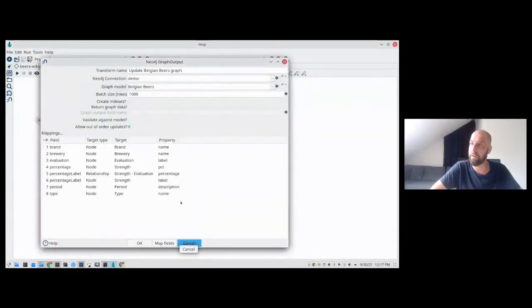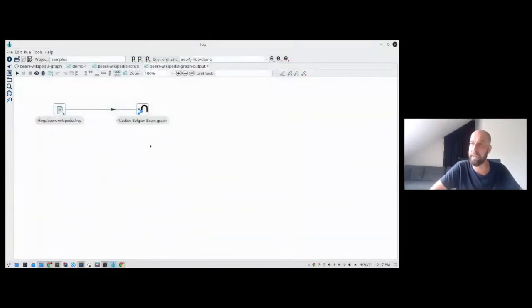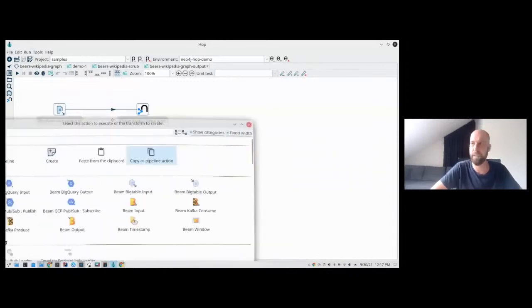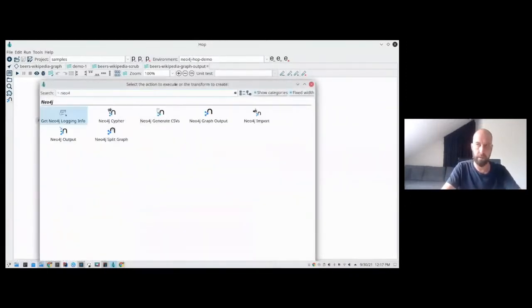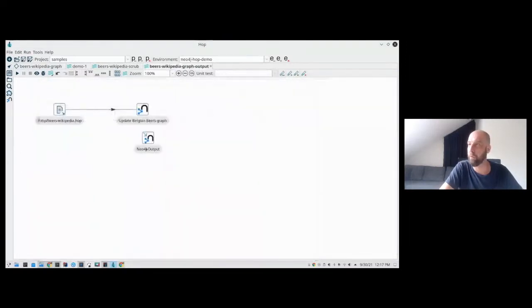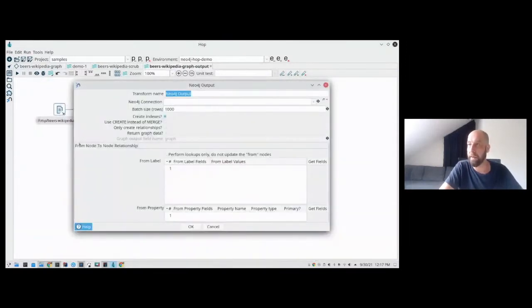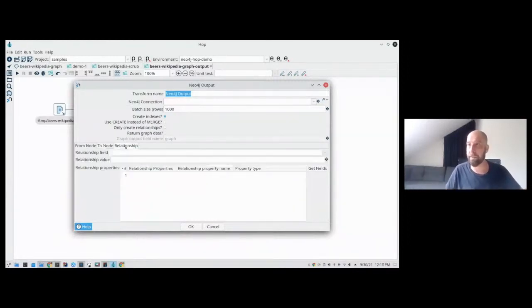As an alternative, we could have used a Neo4j output transform, for example, where you specify a from node. So the node that you'll start with, a second node,